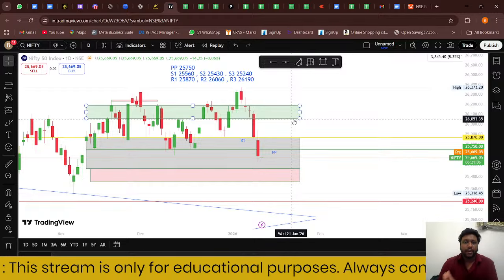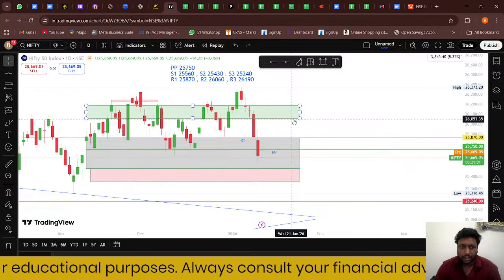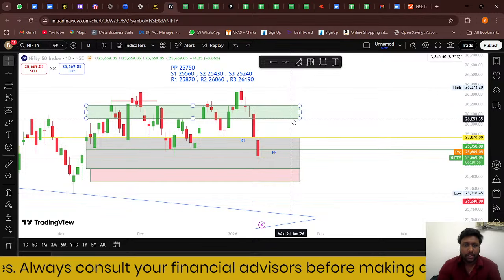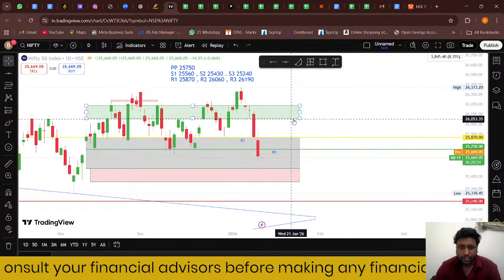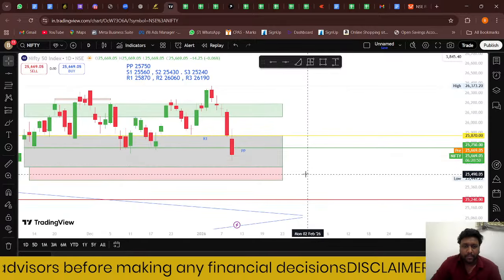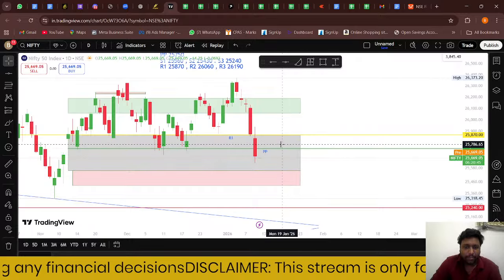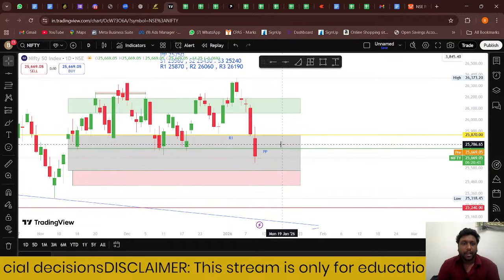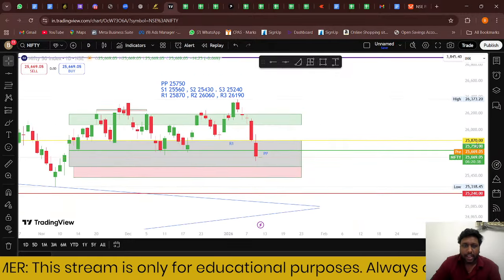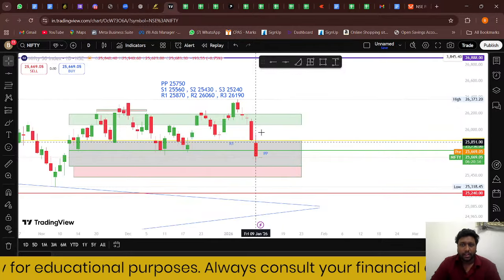So R3 is purely considered an overbought zone. We can understand overbought and oversold zones with respect to the relative strength index, right? Similar to that, whenever we are trading with respect to the pivot line level, we can plan trades on this particular level. If the market is above the pivot line level, then we can plan a bullish bias trade with respect to all these levels. This calculation is done on the previous day's high, low, and closing value.